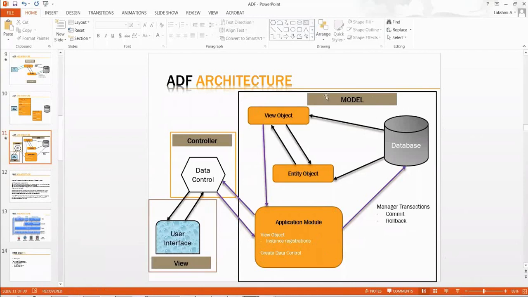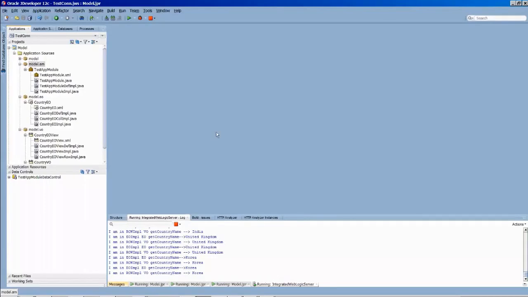You know what we did? We did some logic. We wrote some methods. We have created entity objects and view objects, and we tried to show them in JDeveloper using the test. That's what we have done till now. Now, whatever we have done till now as part of testing,